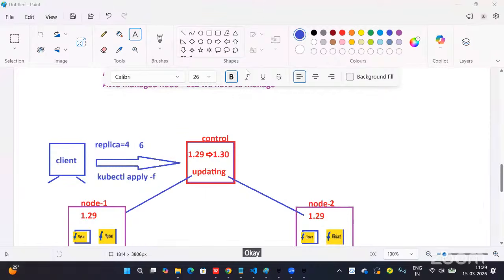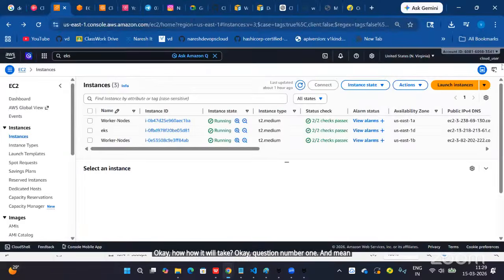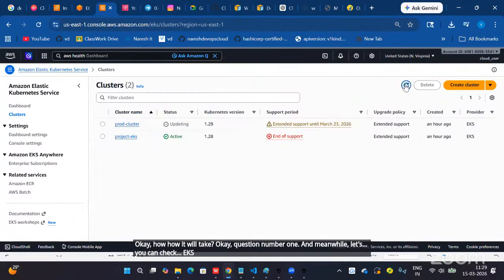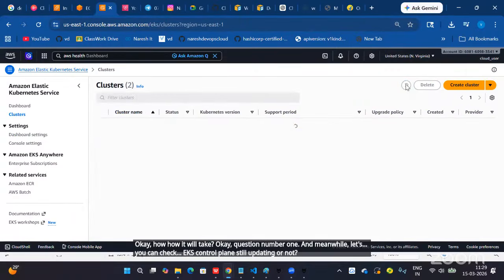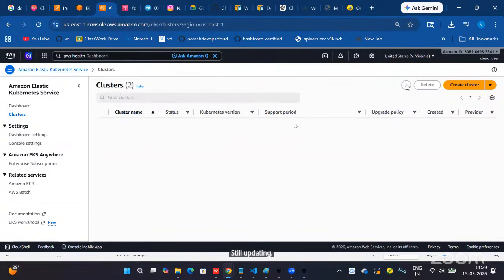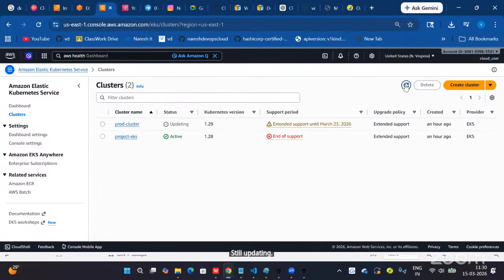Okay. How will it take? Question number 1. And meanwhile, you can check whether the EKS control plane is still updating or not. Still updating. Okay. So guys, what exactly happened here?